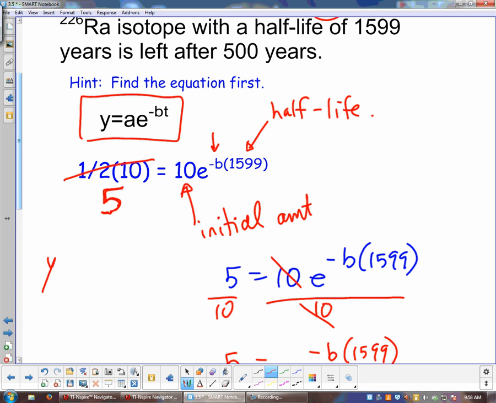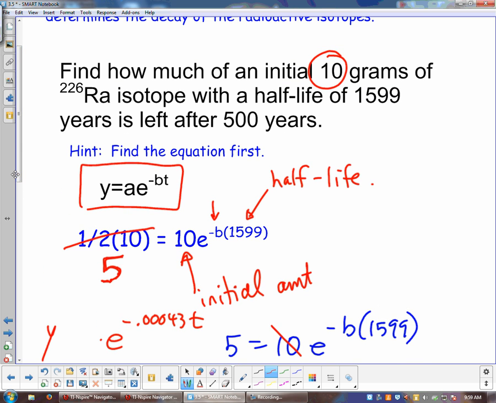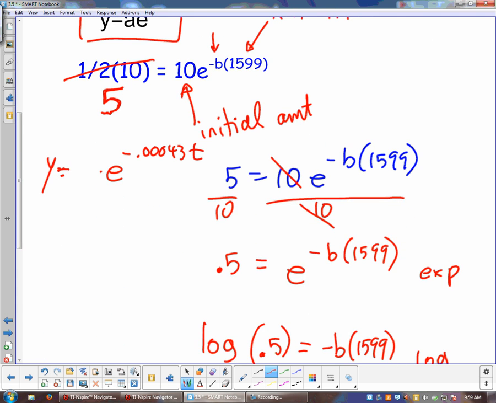So our model is really y equals a times e to the negative 0.00043t. And I actually do want to also fill in our initial amount, because we were told that. What was our initial amount in this problem? I have it hidden. 10. All right, so I really have y equals 10 times e to the negative